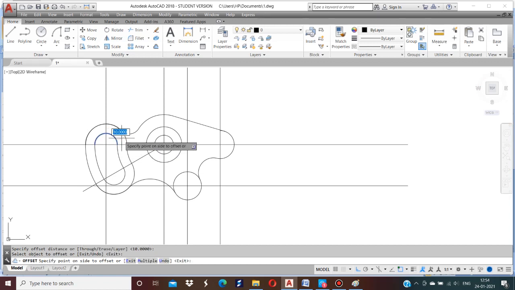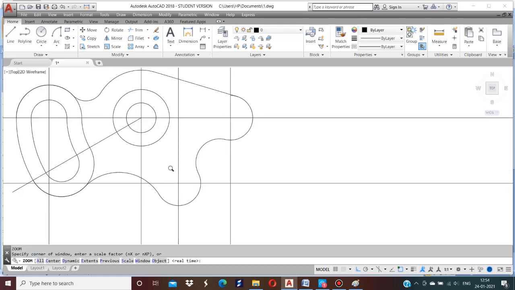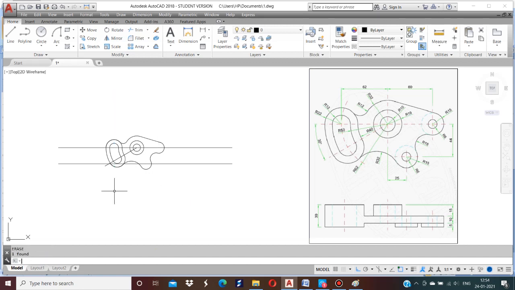Select the smaller circle. Enter. And here trim this circle. Erase all these lines. Okay.